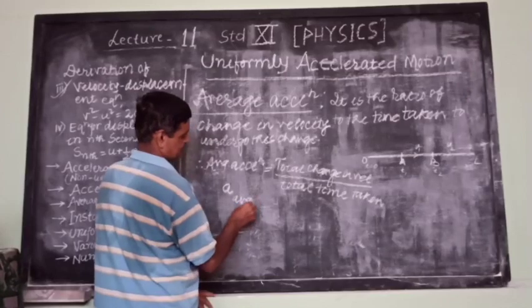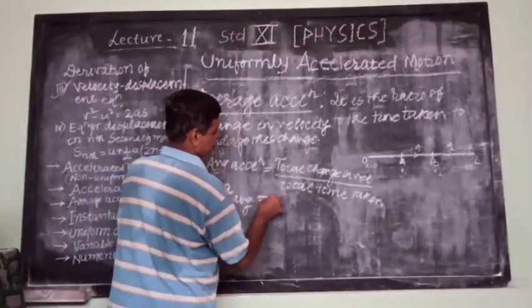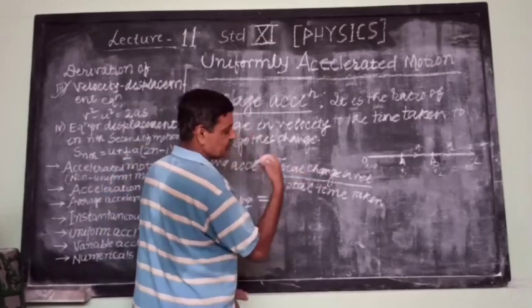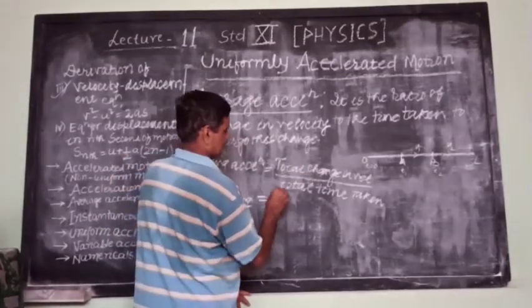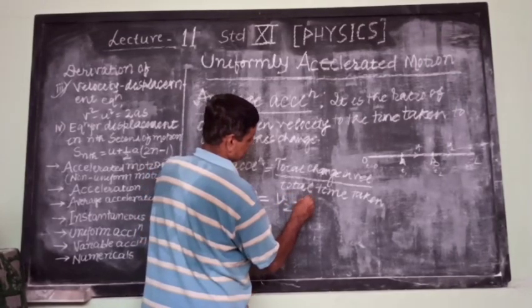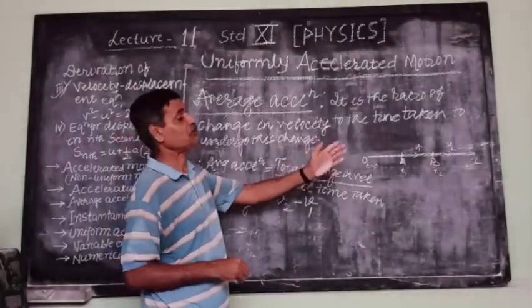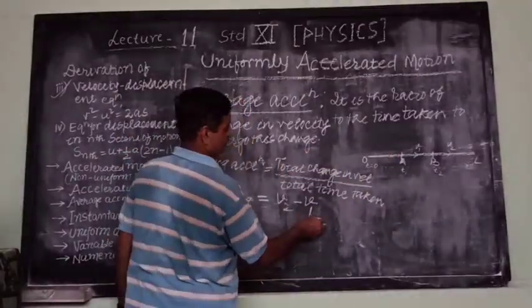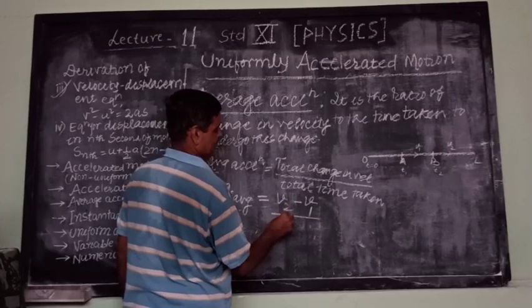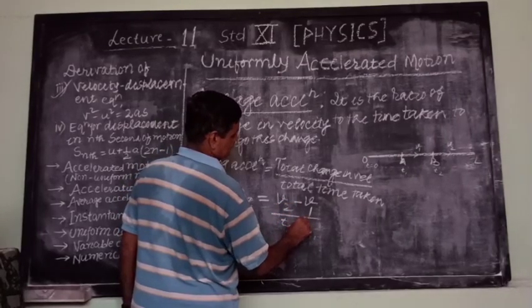Can I write a_avg, meaning average acceleration, as total change in velocity, you may write v2 minus v1,